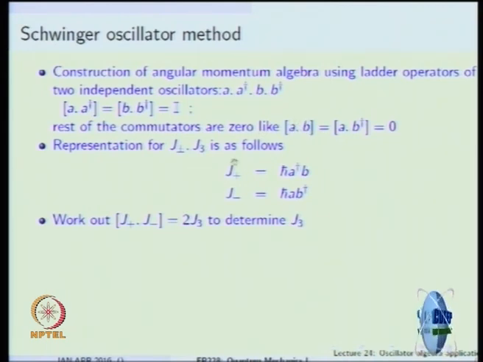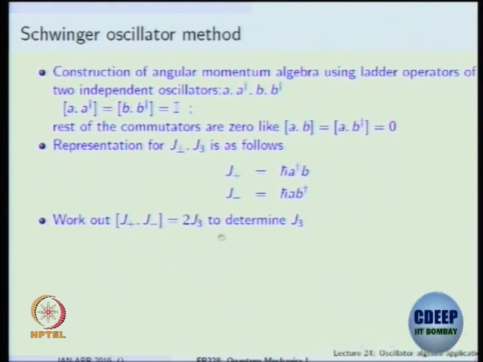Using two independent harmonic oscillators, we could write a product of two ladder operators. If you note here, one ladder operator is like raising, the other one is like lowering. It is this combination which we take. The J minus is the Hermitian conjugate of this. You can take the dagger of this and you should get the J minus. Order really doesn't matter, because whether I put first B and next A or A and B doesn't matter because they commute. I can work with this.